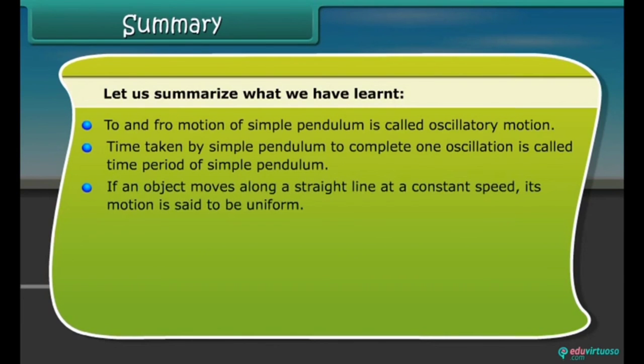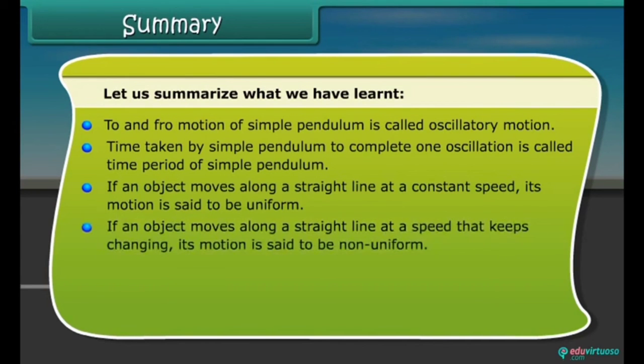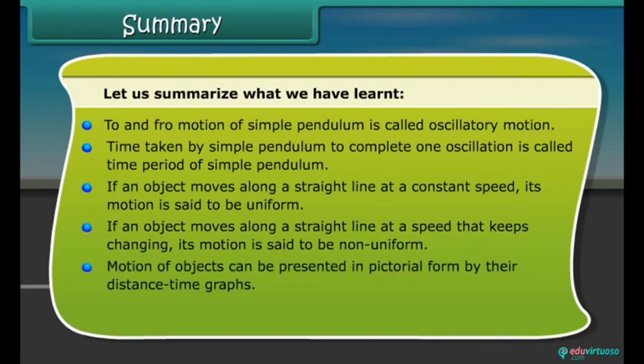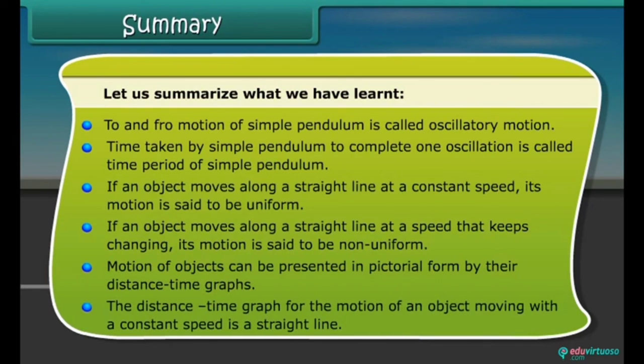If an object moves along a straight line at constant speed, it is uniform. But if it is not constant, it keeps changing. Its motion is said to be non-uniform motion. Motion of the object can also be presented in a pictorial form by its distance-time graph. And the distance-time graph for the motion of an object moving with a constant speed is always a straight